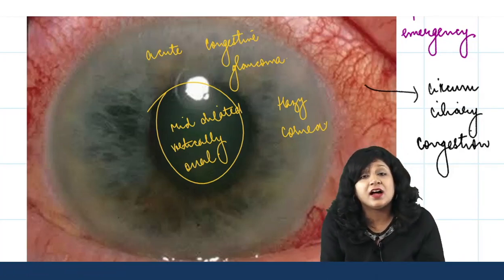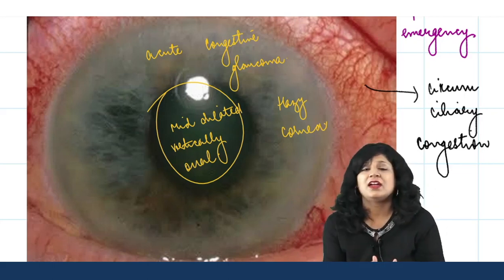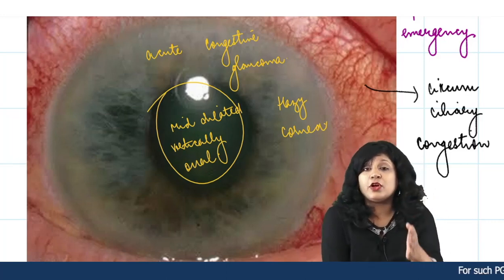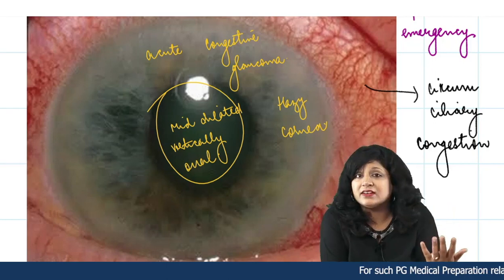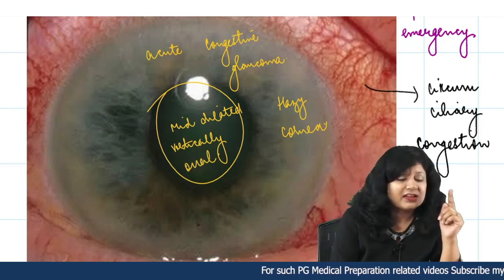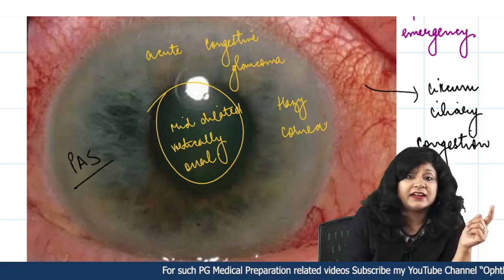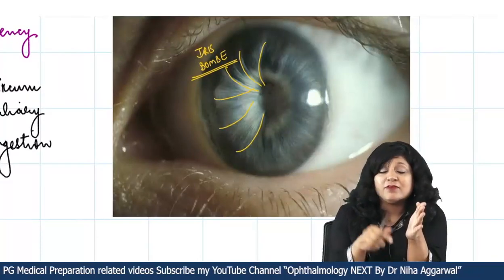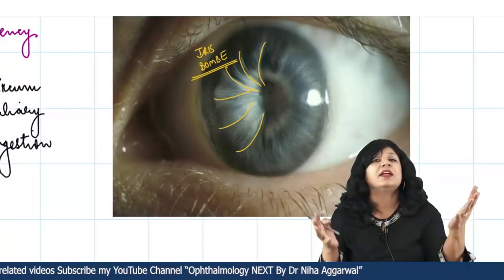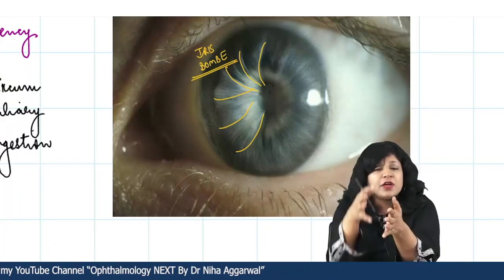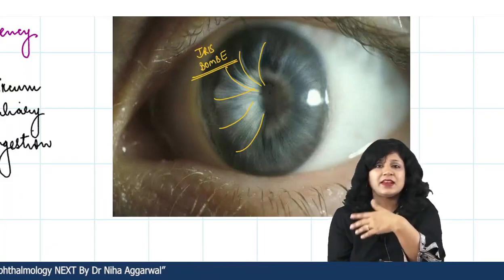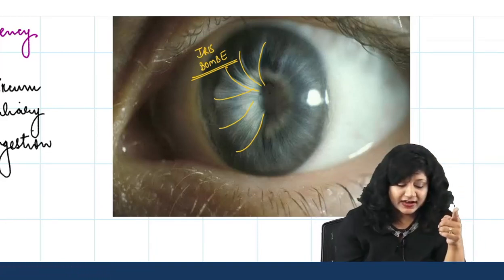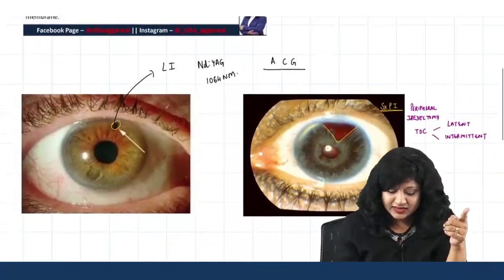You have a stony hard eye, acute red eye, very high intraocular pressure, and the patient is in great agony, in great pain. And this is not all. If you are not treating this condition, or there are recurrent attacks, then something else is also formed, and that is PAS, peripheral anterior synechiae. Up till this time, when there is iris bombé formation, it can go back, but once synechial closure takes place, you have zip-like adhesions formed in the angle of the anterior chamber, and it is permanently closed. So that can also lead to chronic congestive glaucoma, and that is why giving this opening in the iris is